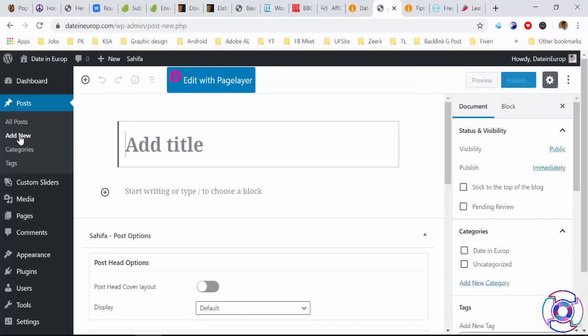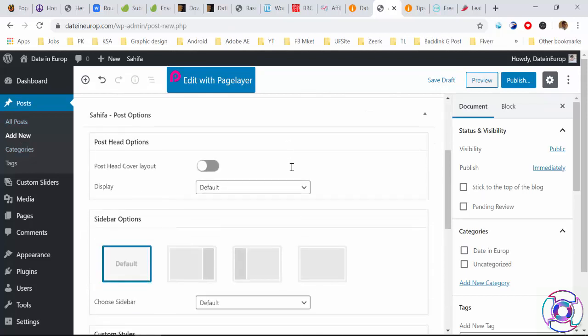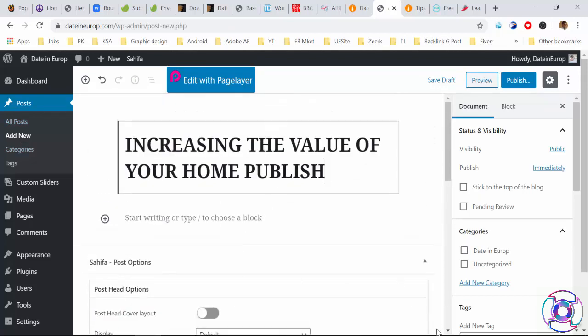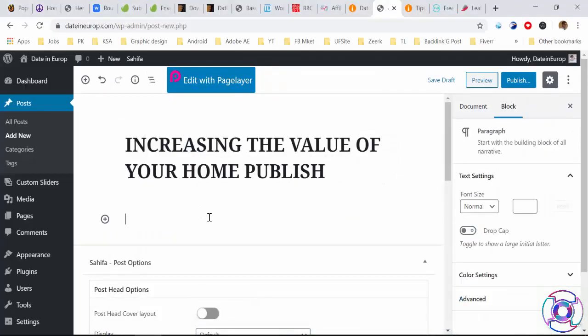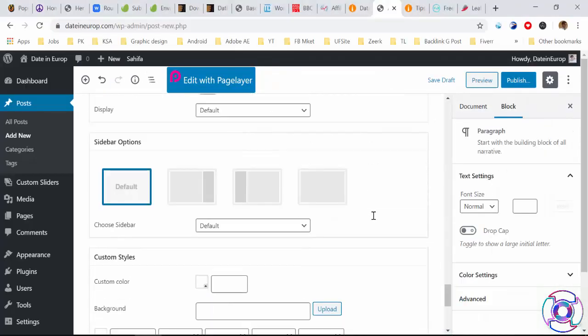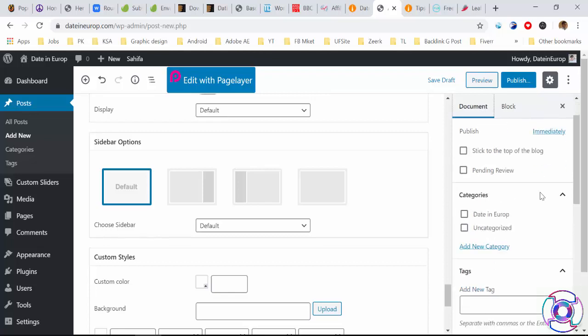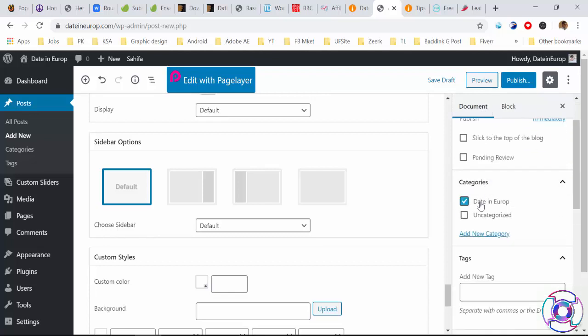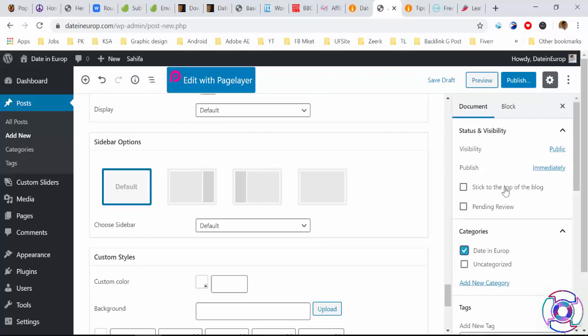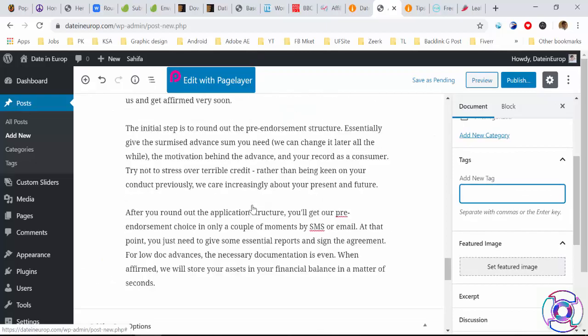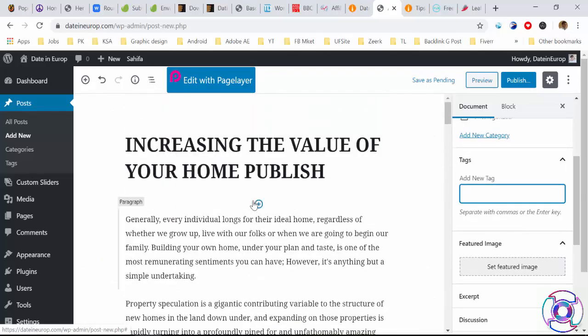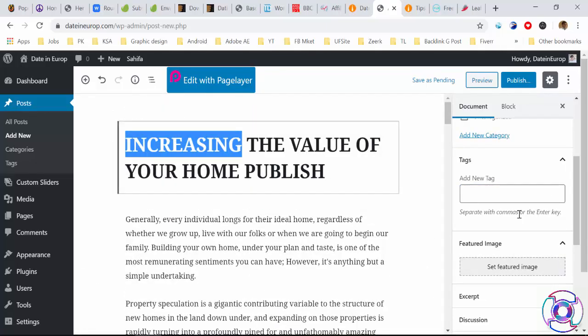Here I have added the title, and then I'm going to copy this text, document, choose the category. Okay, pending for review, so we are doing this for pending for review. Add a tag, so increase home, increase value of home.